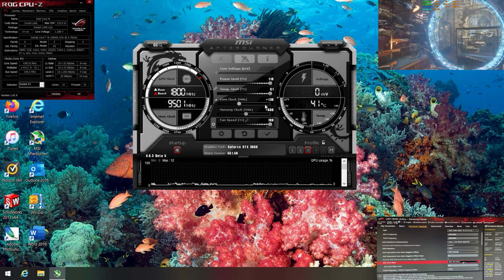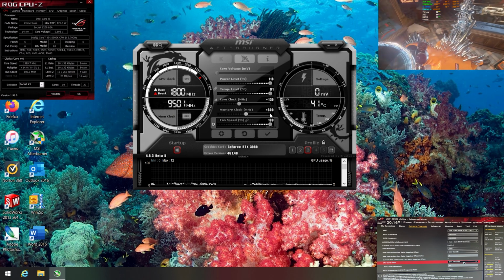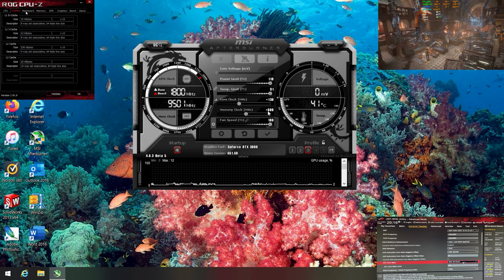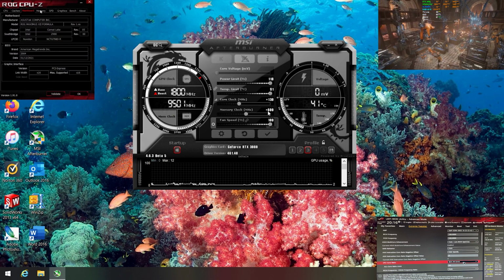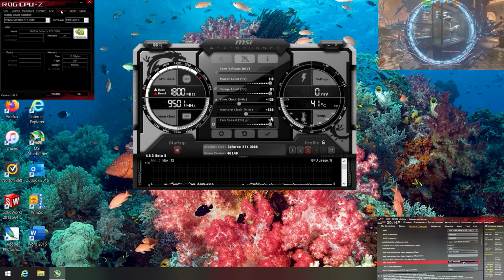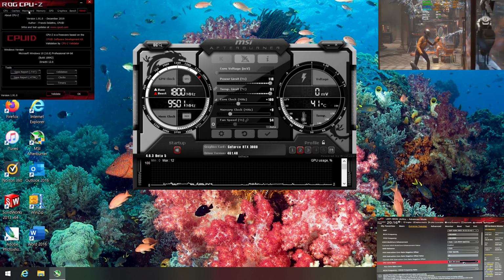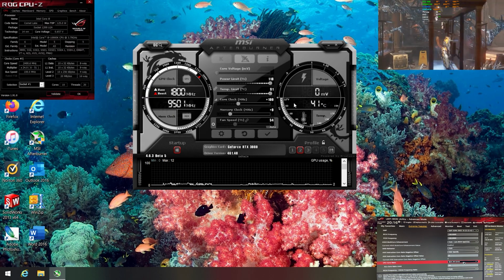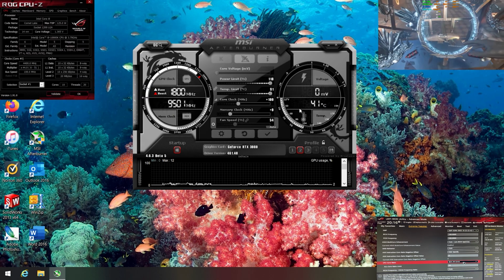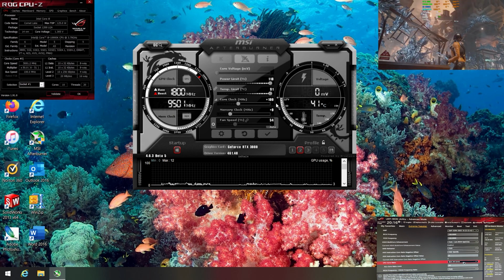But one thing to keep in mind is drivers do affect performance a little bit. And I think the last time I tried to see if I could beat my 9900K score with my 10900K, I actually lost just a couple points, and it might have been due to a driver. I don't know. So this is my regular gaming profile for this card, which is basically the card's factory overclock